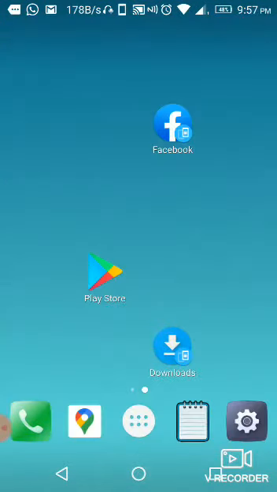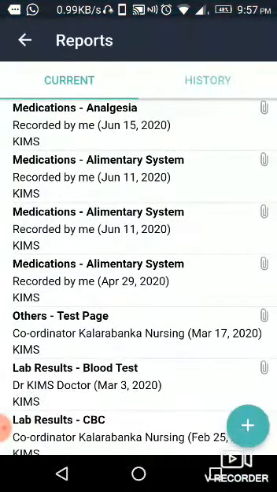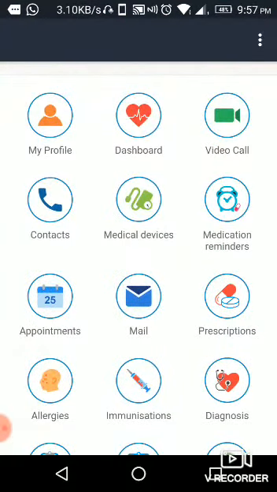Then once your consultation has been got over, the doctor will write the e-prescription. Once the prescription is ready, the medicine part will show in the prescription option.